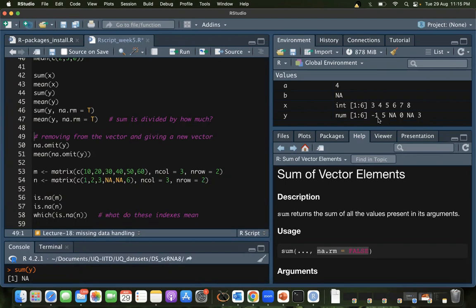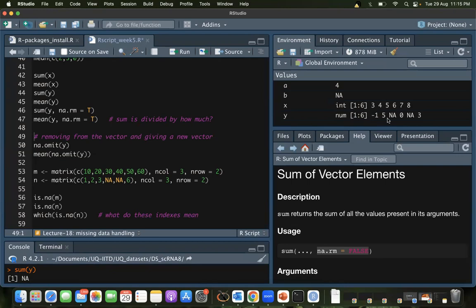You have 6, and you summed up the 4 of them because you're saying na.rm. So it's removing. It's not making any changes in the original variable. That's not what it's doing here. But it's making changes while calculating the sum, while calculating whatever it is.